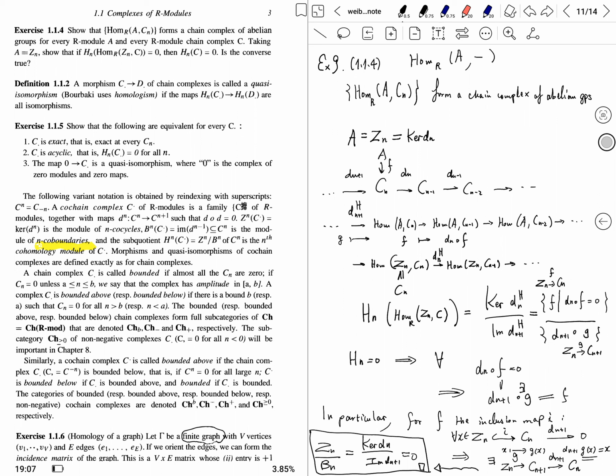Firstly, this is an abelian group, which means this is a Z-module. Each Hom_R(A, Cn) is a Z-module. Actually, it's because R-modules form an abelian category, in particular the Hom set is a Z-module. Or you can check it directly. And it's easy to check this again for complex of abelian groups. You just have to describe